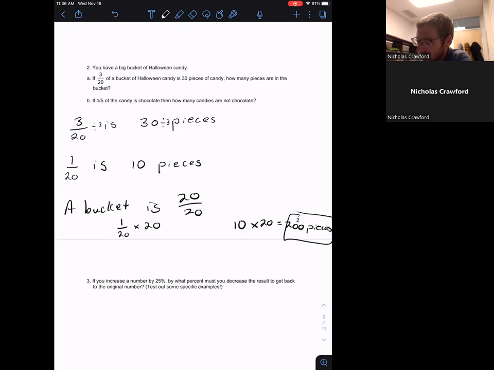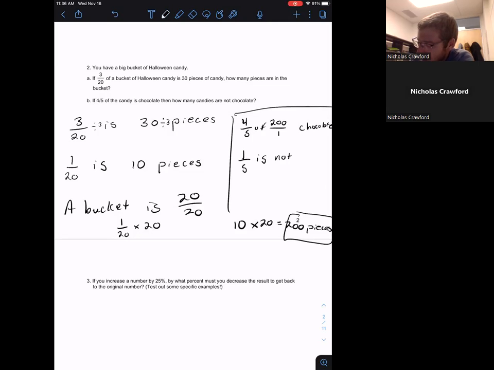Okay, it says if 4/5 of the candy is chocolate, how many are not chocolate? So I'll do it in this little box. So we're going to assume that we have the 200 pieces. So 4/5 of the 200 pieces is chocolate. Okay, I wrote the X. Okay, which means that 1/5